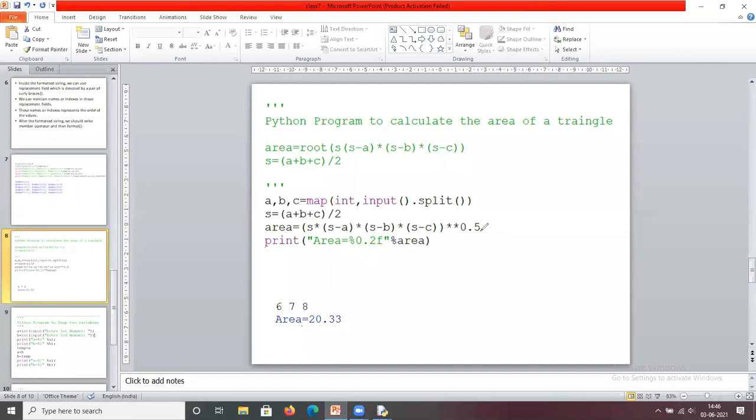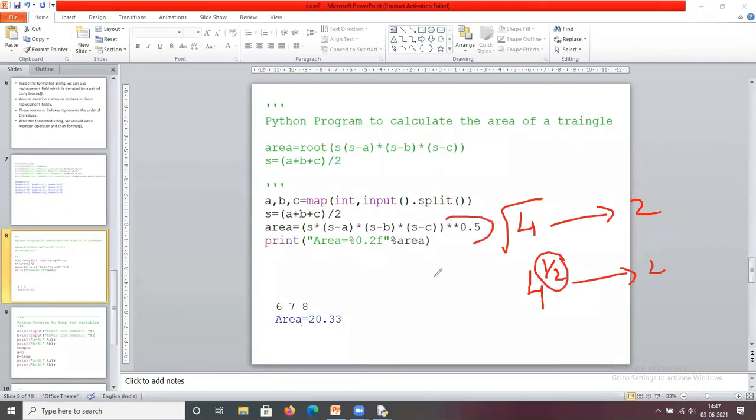So for example, what is the root of 4? 2. Similarly, 4 power 1 by 2 is also 2. So how can we represent the root? By using power of 1 by 2. So we can use the exponent operator here. Exponent 1 by 2 is nothing but 0.5.